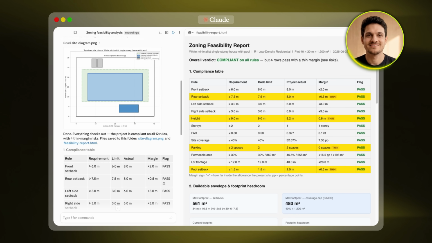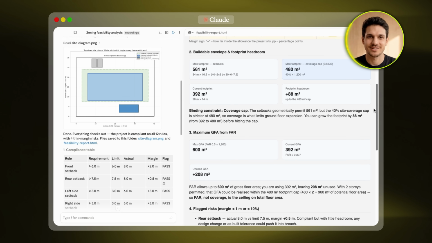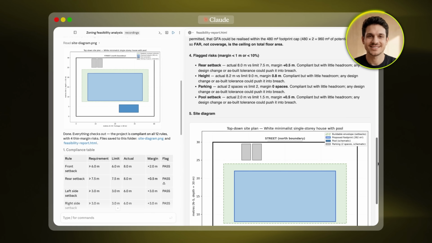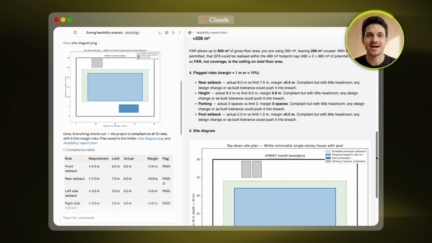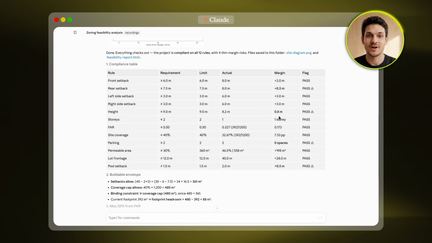If any of them come in even slightly off before we start building, I could tip over into breaking the rules. And those are exactly the things you want to catch early. It also tells me I've still got 88 square meters of floor space left before I hit the limit, which is enough to add a second story later if I want one. And it double checks its own results too. Because this is a compliance document, it runs every number a second time with separate checks before it hands anything